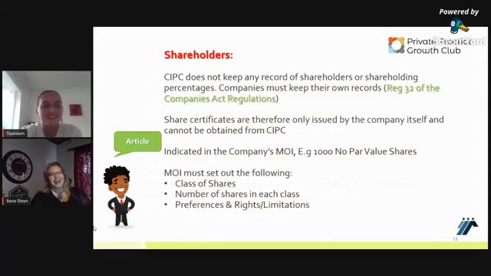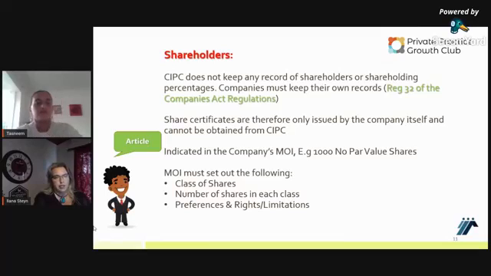No. Great. So on shareholding, it's important to know that CIPC does not actually keep record of shareholders. It's the responsibility of the directors and the company to keep the records of the shareholding. So that's why we issue those share certificates. And I'll quickly show you on the next slide what a share certificate actually looks like and what needs to be indicated on there. So a share certificate is therefore only issued by the company itself and cannot be obtained